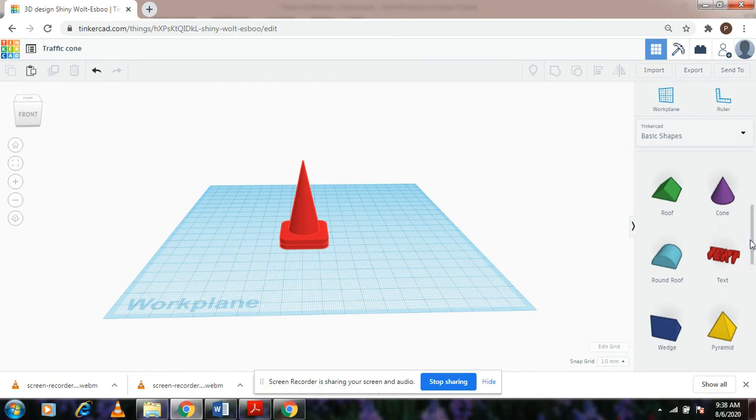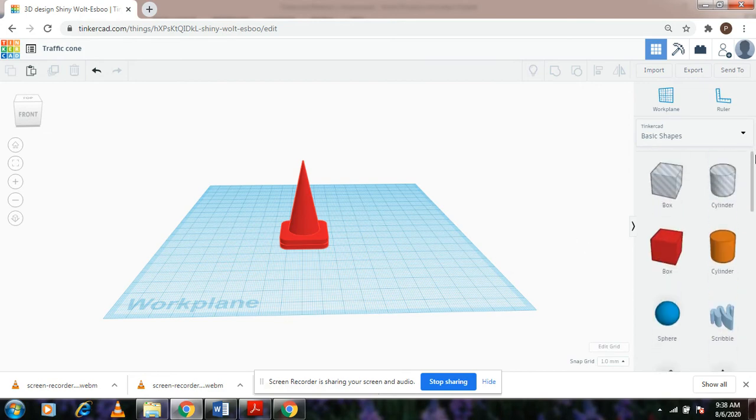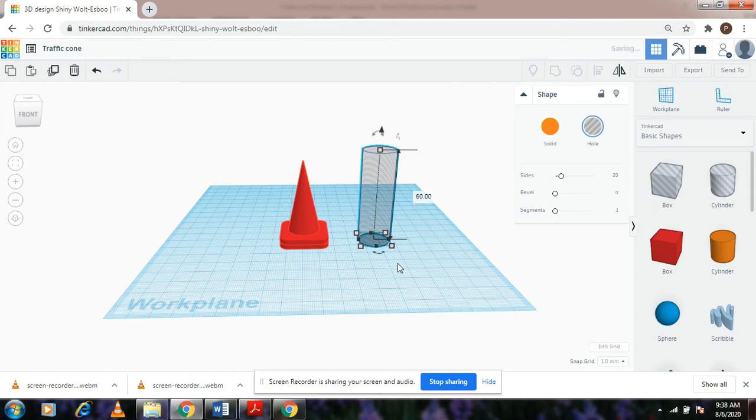Let us go ahead and prep for the hollow space that we want at the top also, for which we will simply drag a hollow cylinder onto our work plane. Let us increase its height and reduce the dimensions on either side to say 3 each.